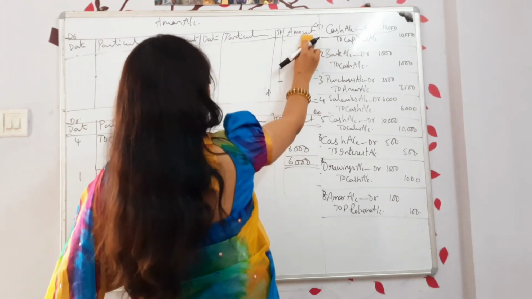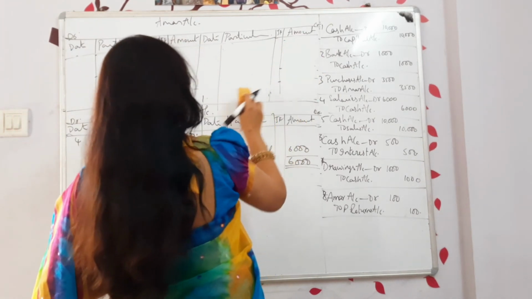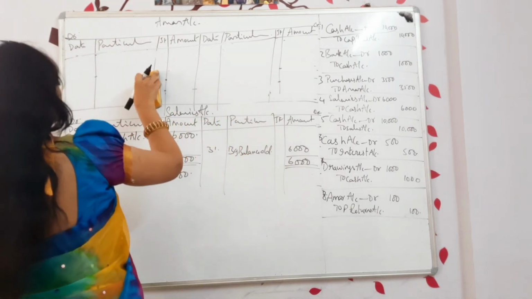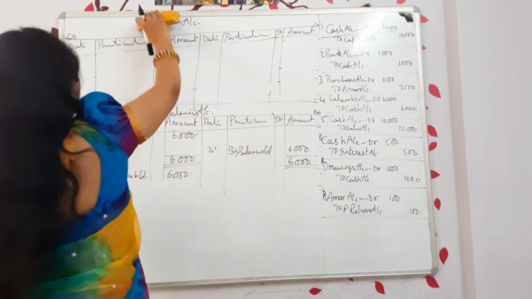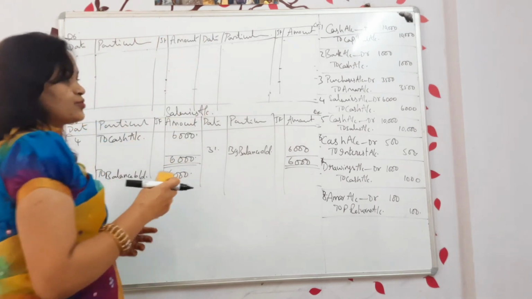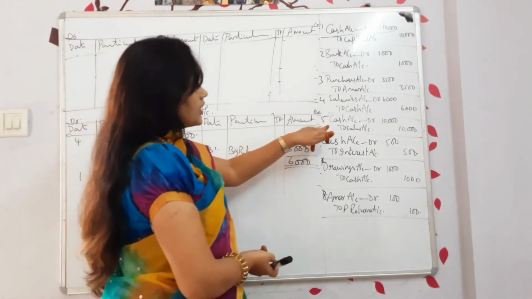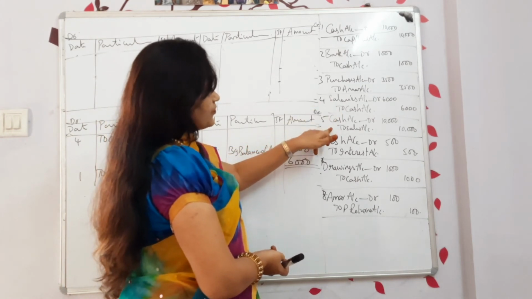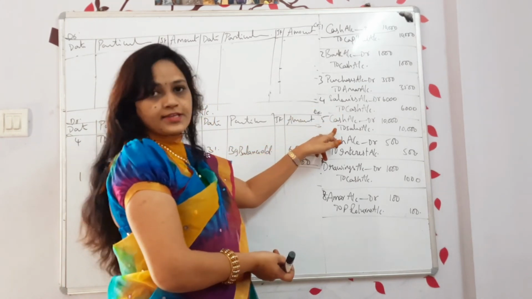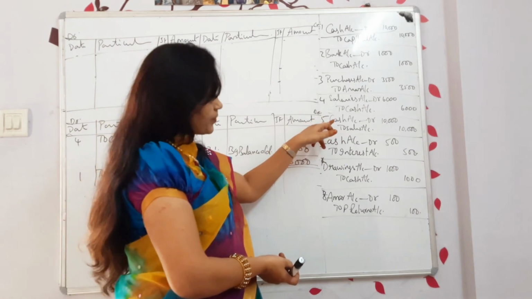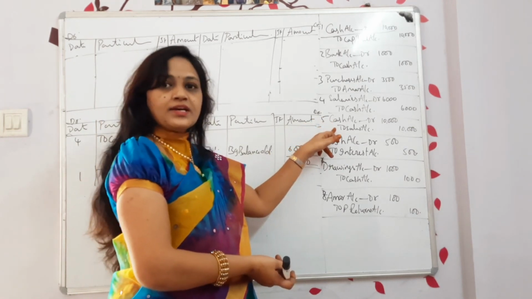There are so many students who know how to do it, but they are lazy to do it. So lengthy, ma'am, what will we do? That's what I used to get as the answer. Even if it is lengthy, you have to do it, or else you won't get marks. Okay. Next, till here we completed. Next we have cash and sales. Cash account we have already prepared. Now we are supposed to prepare sales account.